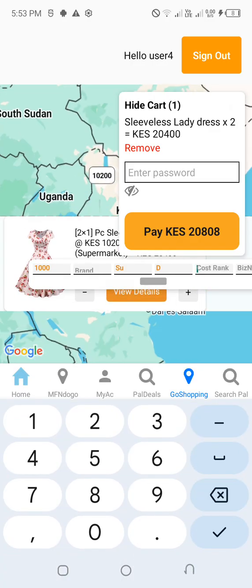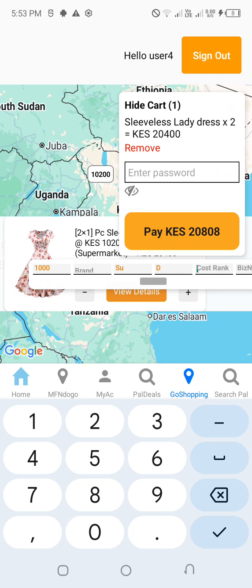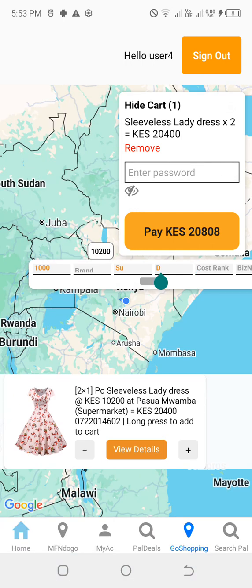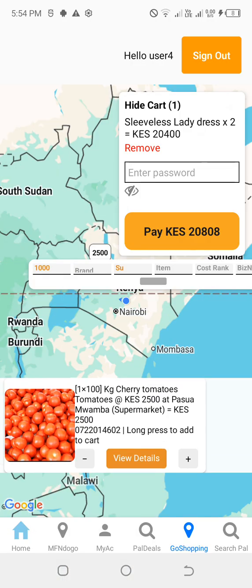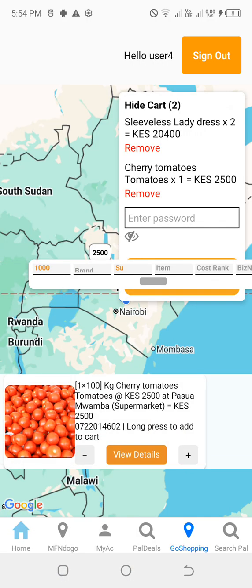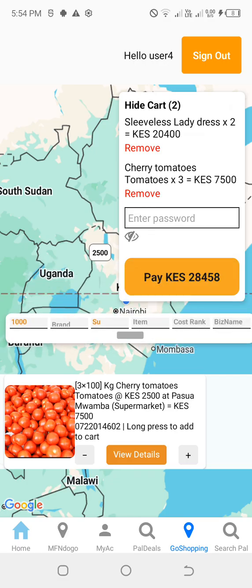Let's add some other items, right? And this is not a dress. Let's change that, and we say tomatoes. Let us buy these tomatoes. So we long press and it adds tomatoes. Okay, we can increase those tomatoes by pressing the addition sign, and it's computing everything, and even the amount you're supposed to pay. If you sum up all these, 20,400 plus 7,500, then you compute the transaction fee, that is 2% of the amount. You can take your calculator and you'll be required to pay